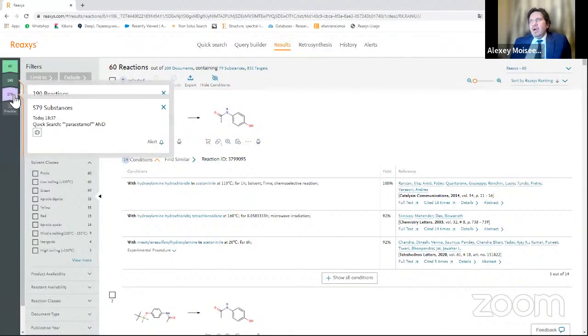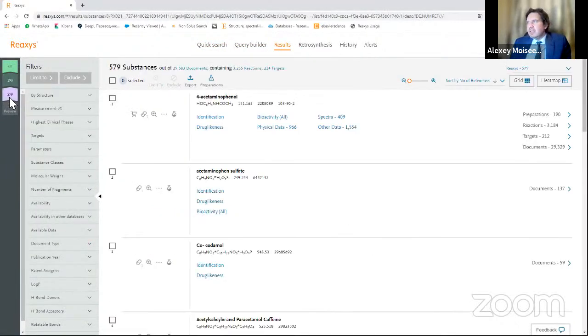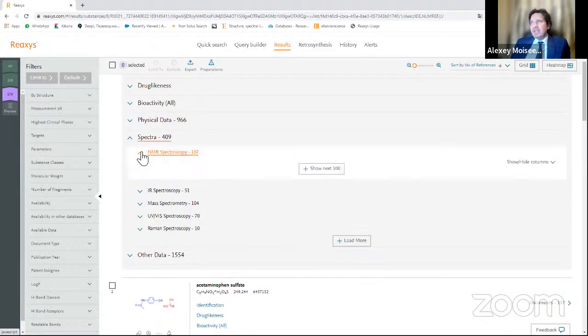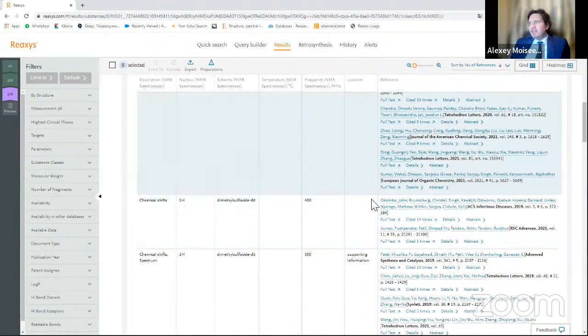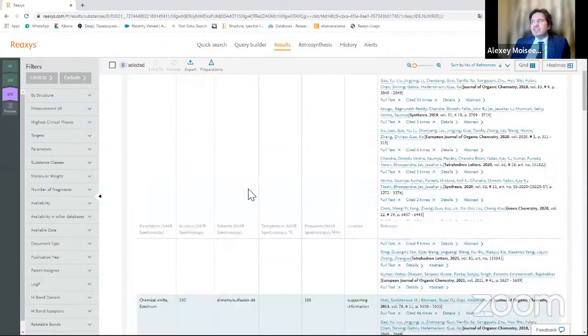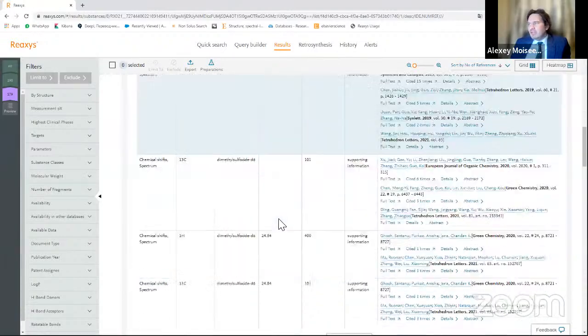Okay, let's go back to our substance database. We have also in Reaxys a lot of extracted data. We have information about spectral data extracted, NMR spectroscopy data extracted, in numbers, extracted from different papers. What is important? Everything is collated. There is no duplication. You don't need to deduplicate your results.